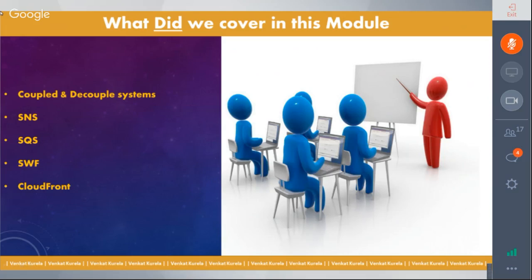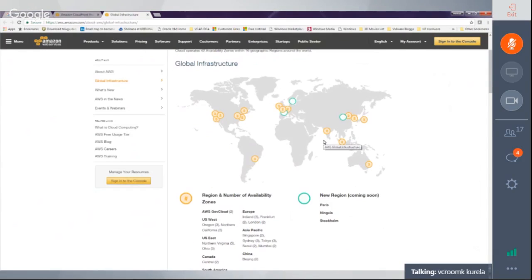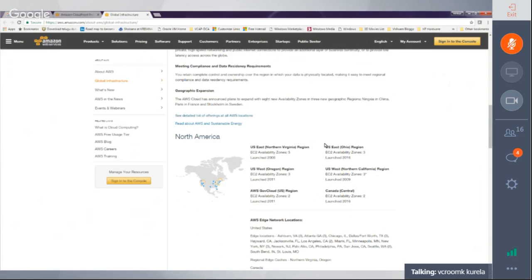Well, you can see here in the global infrastructure, you know the regions and availability zones. Region is a place in the globe, and availability zone is a data center, right? So we know that. But to understand the edge location,